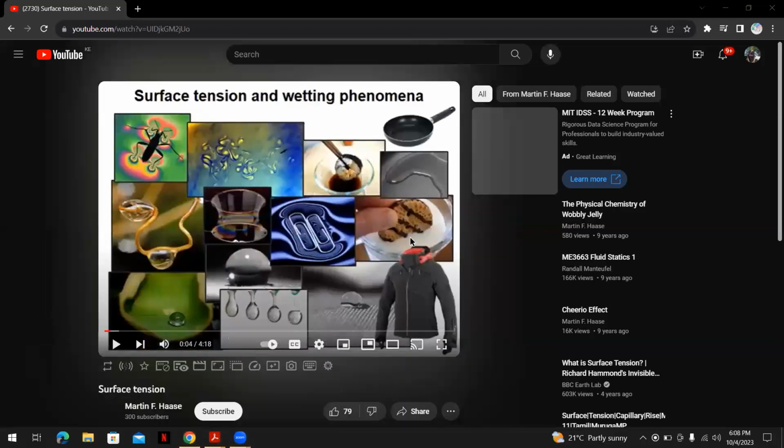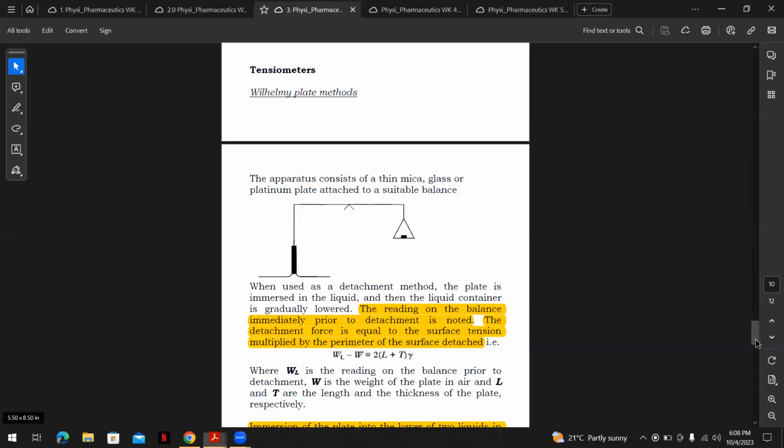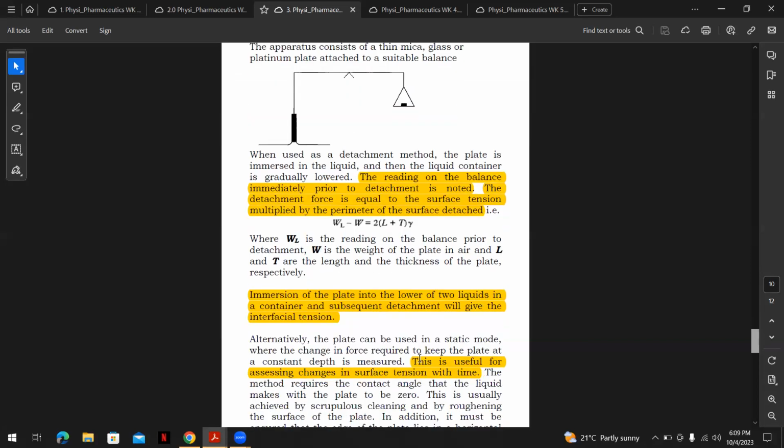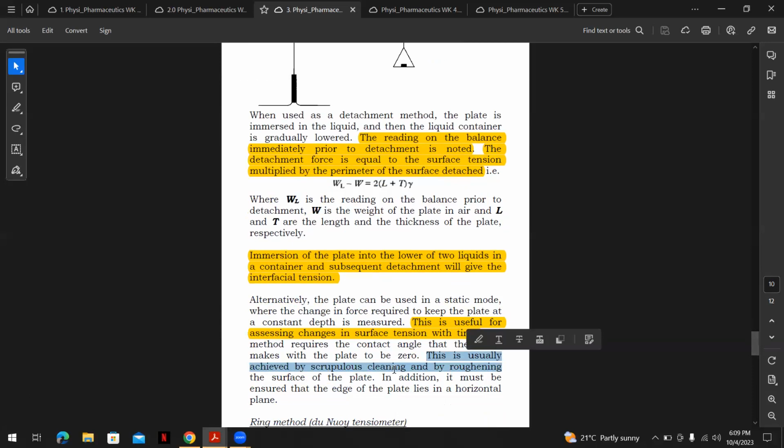They were heating it for sterilization purposes, and also here it says this method requires the contact angle that the liquid makes with the plate to be 0. This is usually achieved by scrupulous cleaning and roughening the surface of the plate. So this is why you saw them hitting the plate. Once this is done, to ensure that the contact angle with the plate is 0,